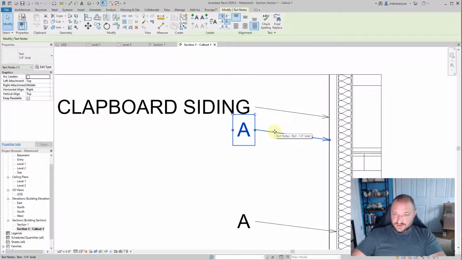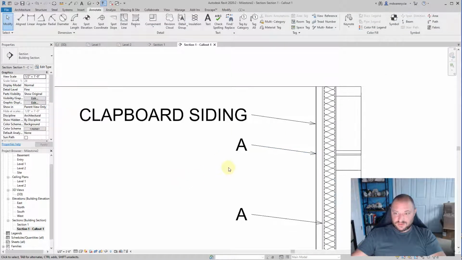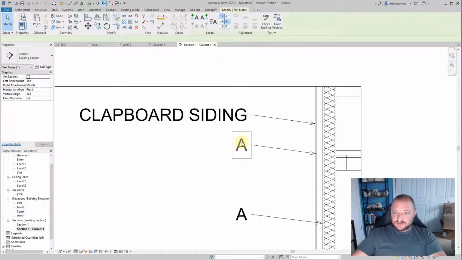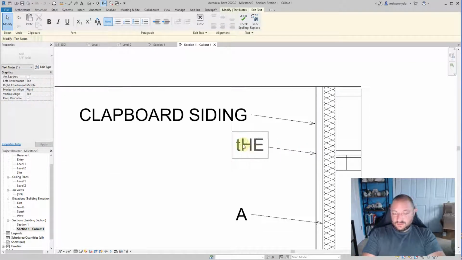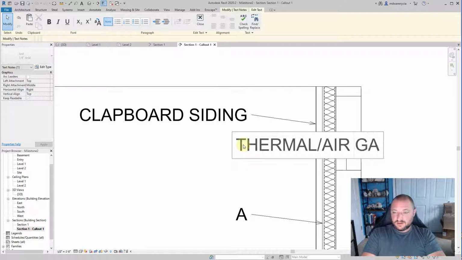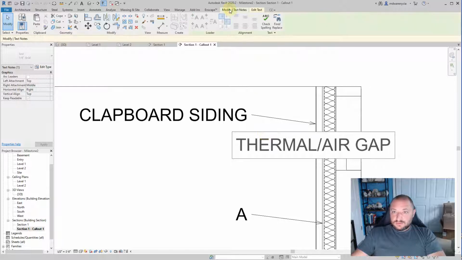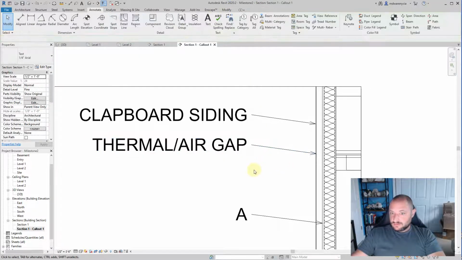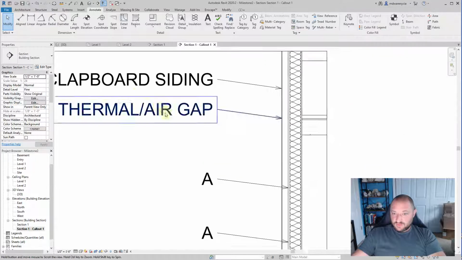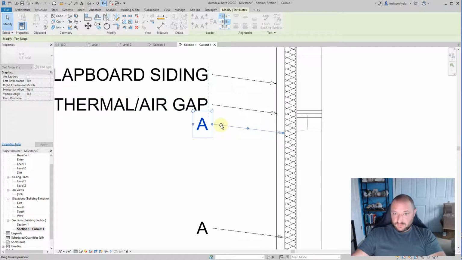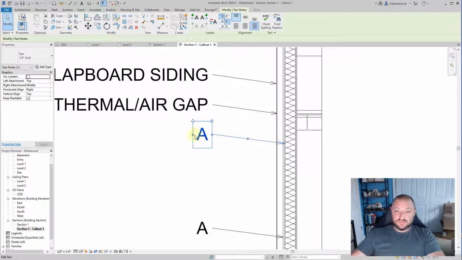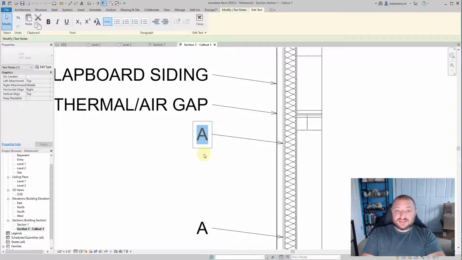I'm going to go right there and then do a shift down arrow just to keep the spacing consistent. So Alt-Tab, we have thermal air layer. Thermal air gap. Okay. Where was it? Close. Okay. Back over it. Membrane. So again, I'm going to put it right there. Hold down Shift and then down arrow, and it's going to jump it an amount like that. That's going to let me keep that consistent. Okay, clapboard siding. This was the